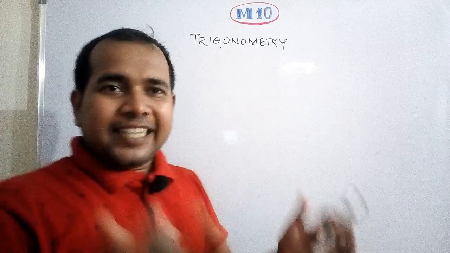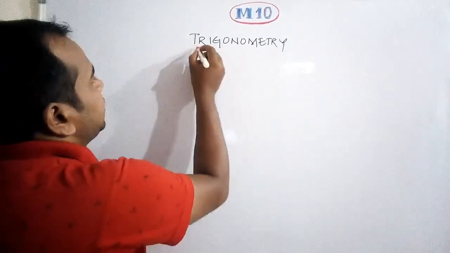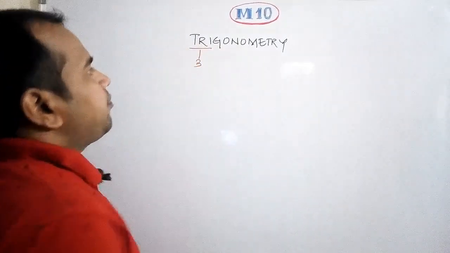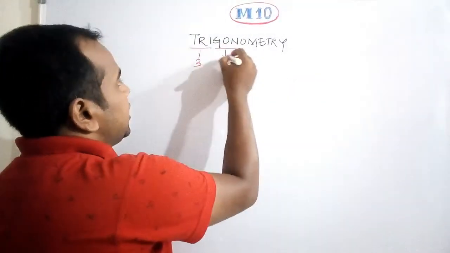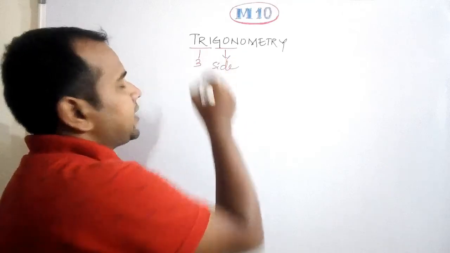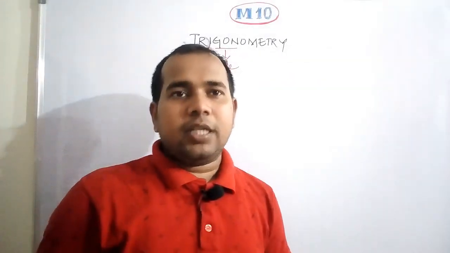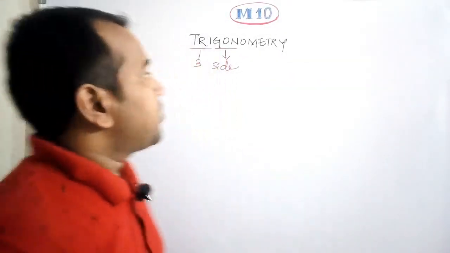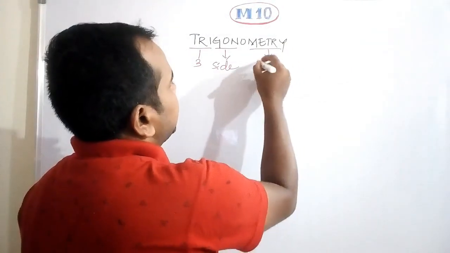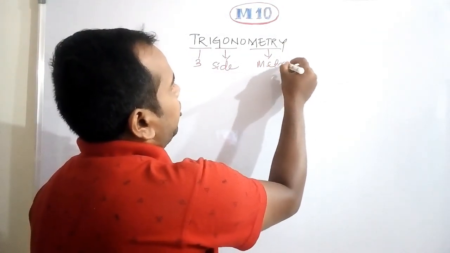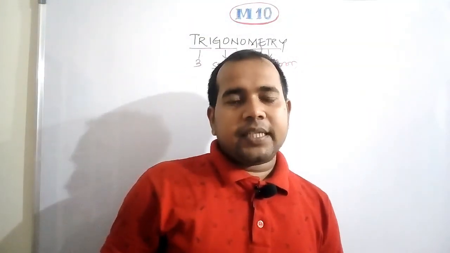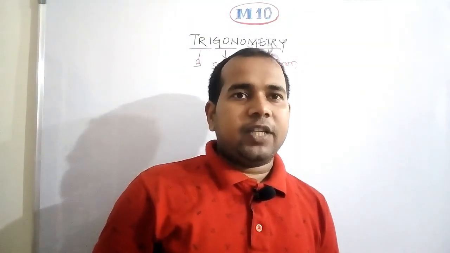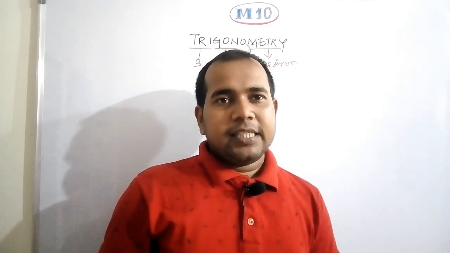If you split this word trigonometry, first comes tri, which means 3. Then comes gon. Gon means sides. So as you know, like hexagon, pentagon, here gon stands for the number of sides. And metri comes from the word metron, which means to measure. So trigonometry is basically the study of the relationship between the angles and the sides of a triangle.